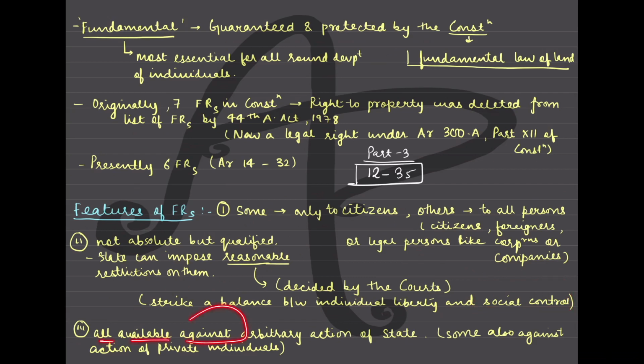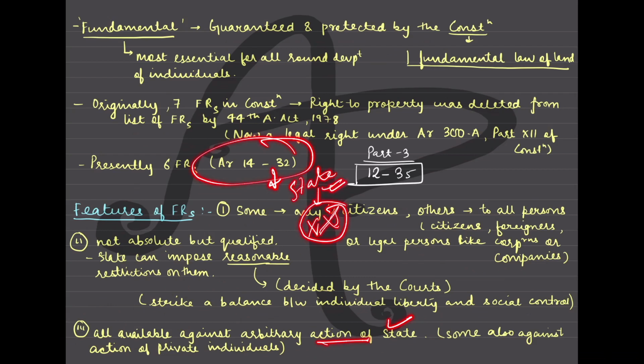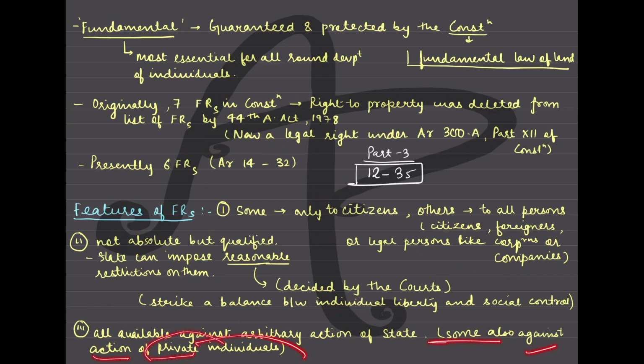Third is that fundamental rights की हम बात करते हैं, all are available against the arbitrary action of the state. This you have to remember, that all the fundamental rights are available against the arbitrary action of the state. So whatever right we talk about, उसमें state का अपना role होगा ही, that the state cannot do something. Now what does the term state mean here? That is the content for the coming articles, as I have said. उस पर हम आराम से बात करेंगे. अभी के लिए just understand this much, okay? So we will see the description of this word state. All the rights are available against the arbitrary action of the state, but some of the rights are also against the arbitrary action of the private individual. So again, in the next video, I'll give you the examples.